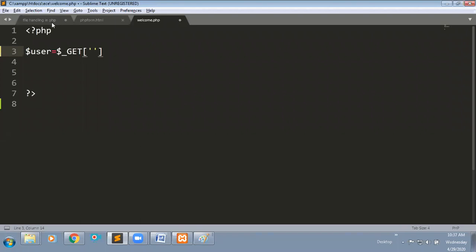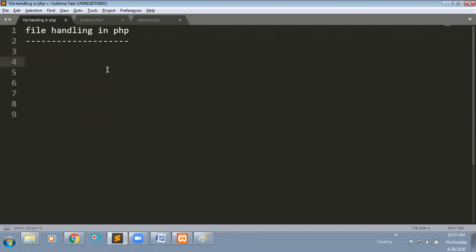I asked about dollar underscore GET, dollar underscore POST, dollar underscore REQUEST. These are the super global variables which are used to read the form data in our PHP file.